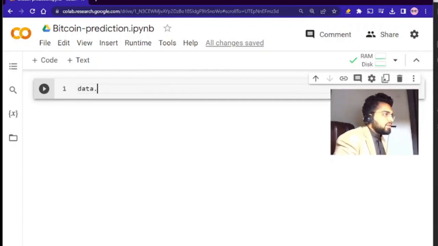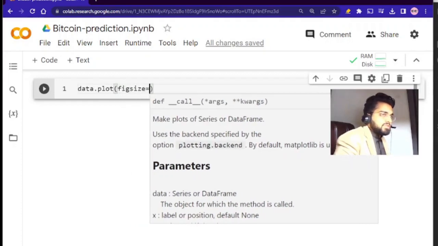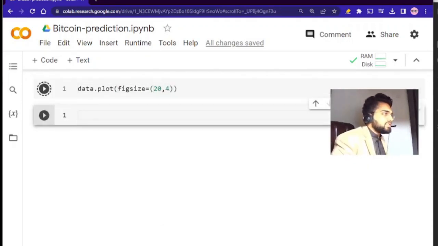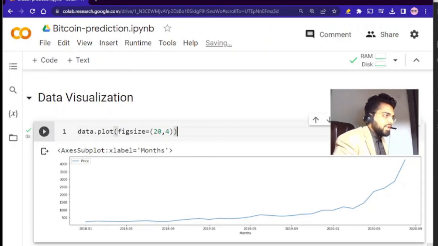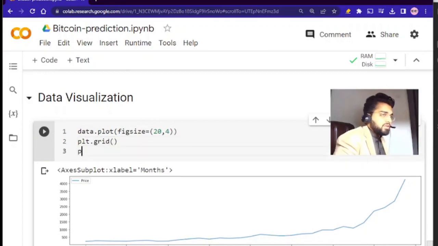So simply data.plot, we are going to plot our data frame, and figsize that we are going to apply is equal to 20 by 4. That will simply plot a simple line chart. But now I also want a grid in the background, so let's also give a title to our chart. For that we will use plt.grid, then plt.legend,